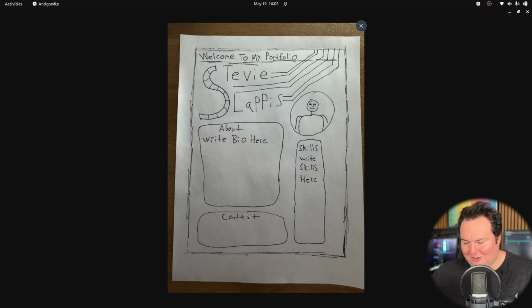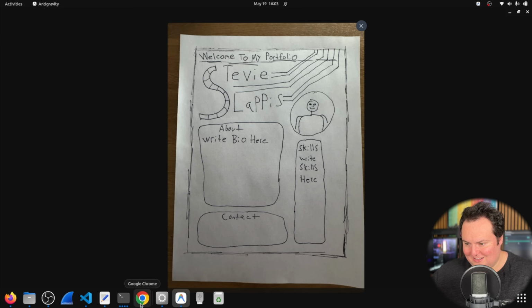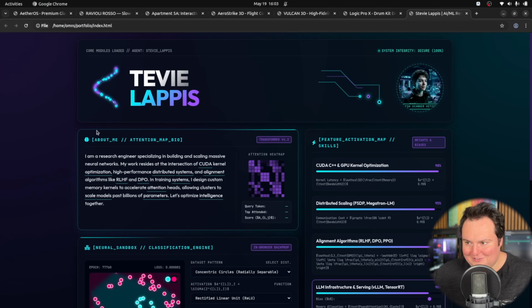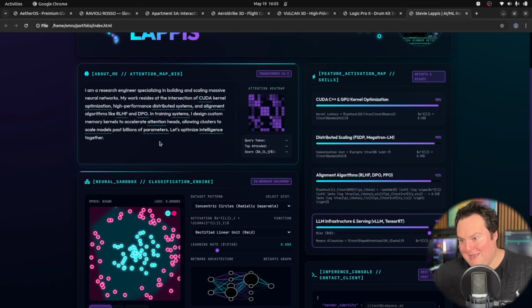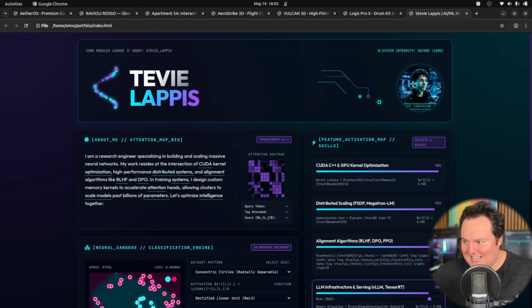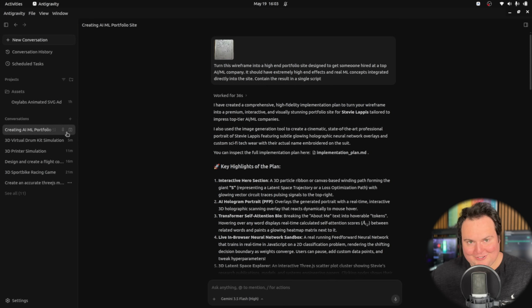The only difference was the contact card was on the right side of the page instead of the left. But this was a very, very interesting transposition of that wireframe into something with actual ML concepts integrated into it. Very, very neat. And the fact that it made the asset that it needed is pretty cool. So I think overall that is going to conclude our first look and test of Gemini 3.5 Flash